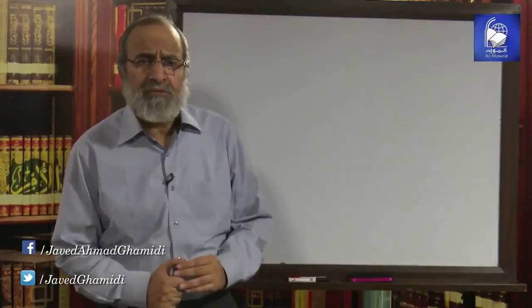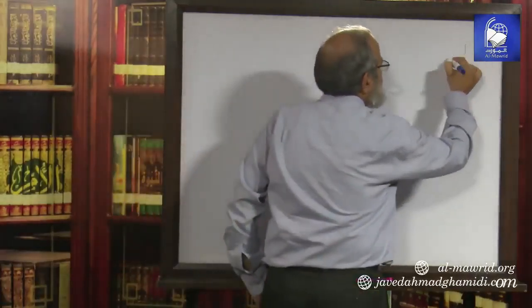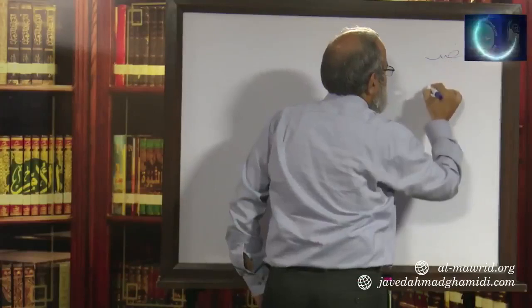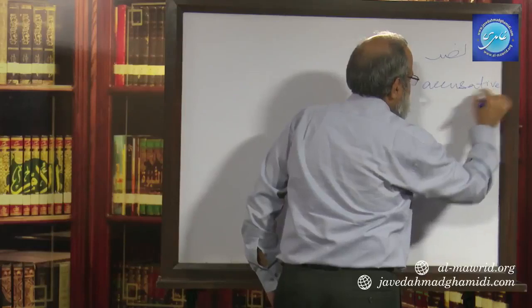If you would kindly recall, we have as yet done the two Arabic forms, cases of Rafa, nominative case, and Jar, genitive case. We have not touched upon, unless some very brief introduction, Nasab. We have not as yet talked about the Nasab Arabic form, which is the accusative. So let's start off with it. Nasab is the accusative case.